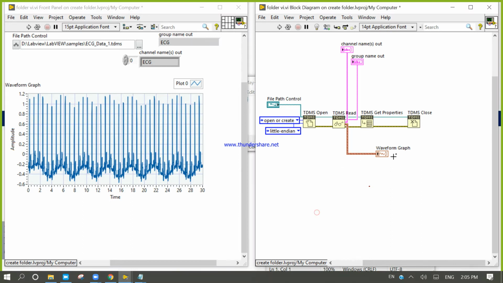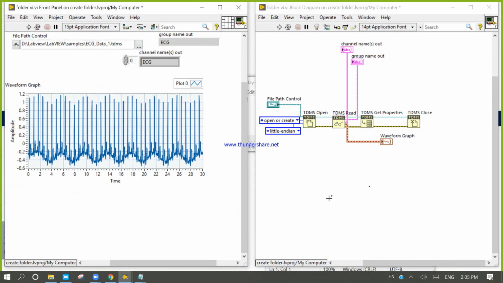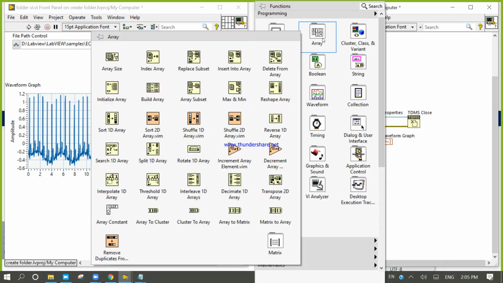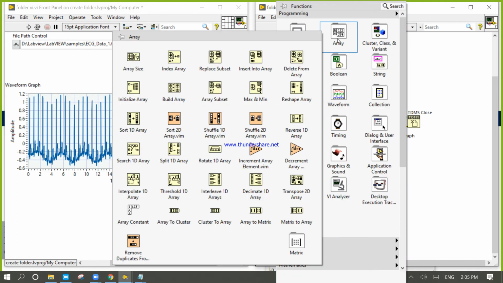Our target is how many data are present in this data. So if you want to know how many data are present, for that you need to take index array. Why? Because one TDMS data has a group of data.